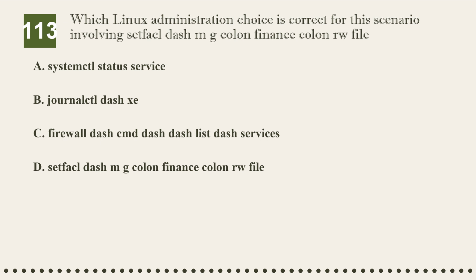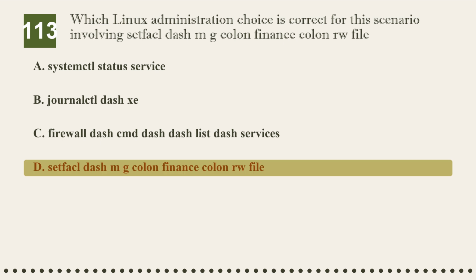setfacl -m g:finance:rw file? Option A, systemctl status service. Option B, journalctl -xe. Option C, firewall-cmd --list-services. Option D, setfacl -m g:finance:rw file. The correct answer is option D,